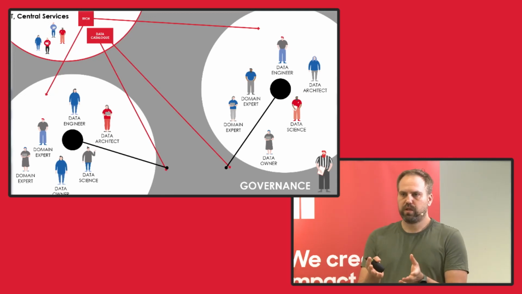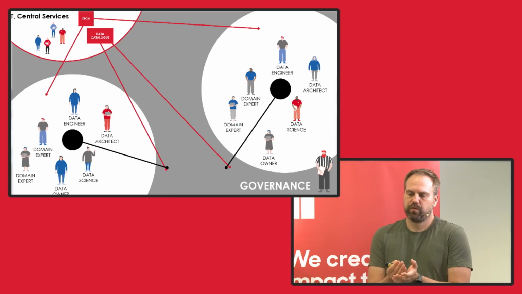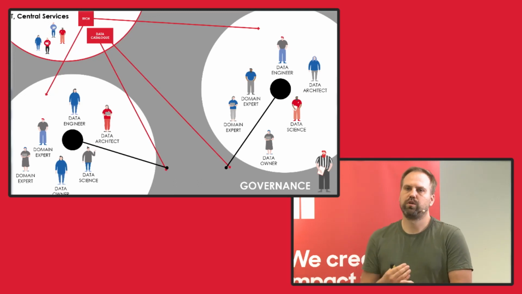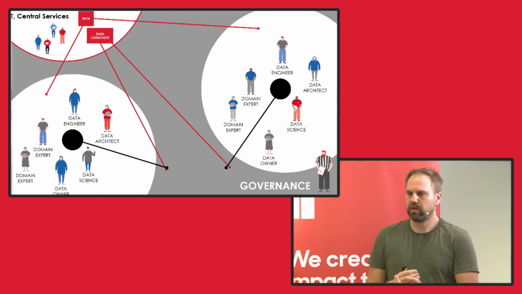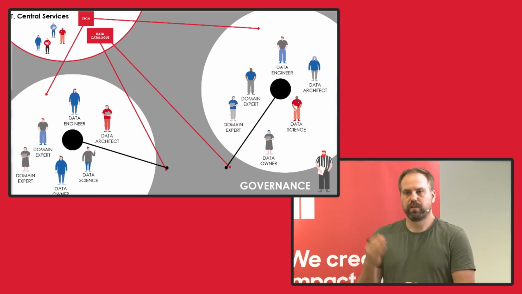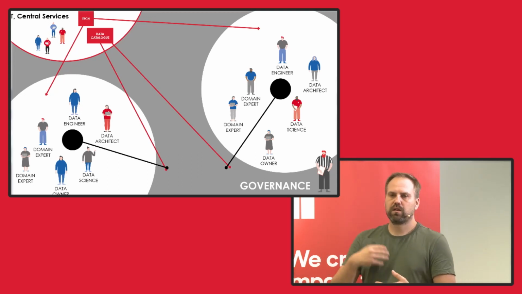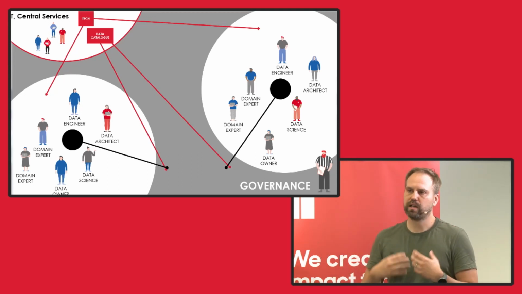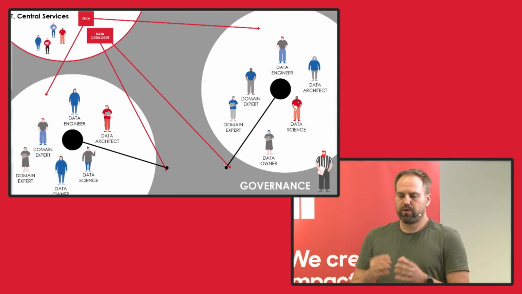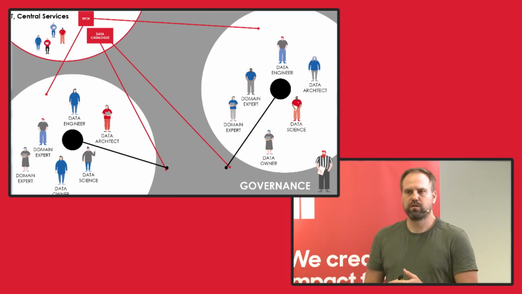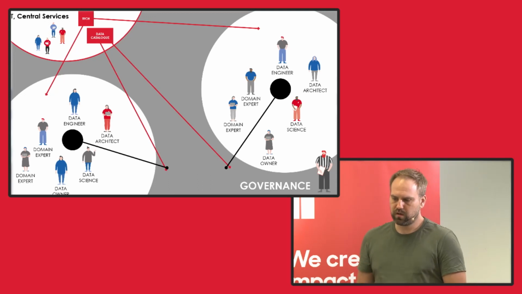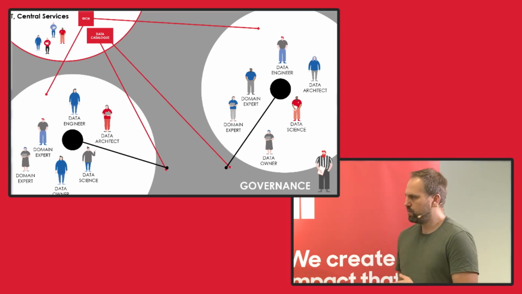And then the governance has to be there as well, and the governance has to be automated. So when you're pushing the data as a product to a data catalog, it should check that everything's in order. If it's not in order, it should never even land there. And these kinds of things start to take shape as you move along in your journey. But those are the four principles of data mesh, talked about in a different manner, and I tried to highlight some of the lessons that we have learned along our journey. But if you're about to start your journey, Maju will tell a bit more about how you actually get started with this.